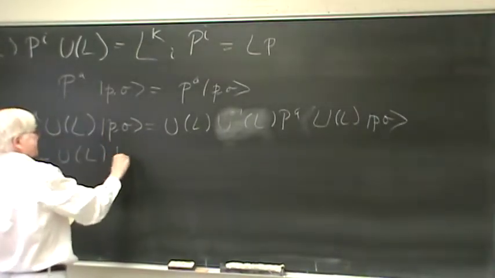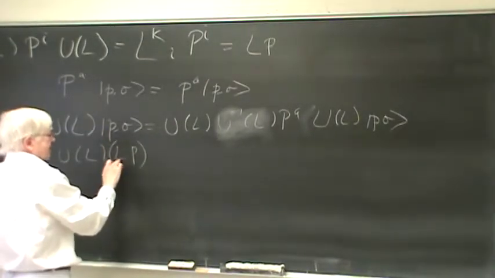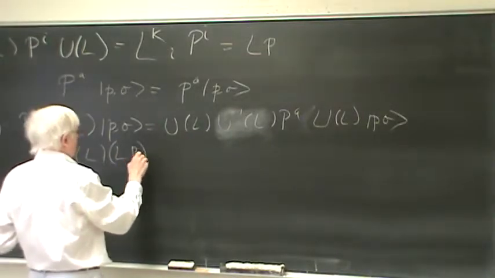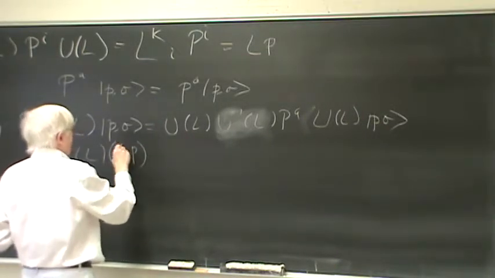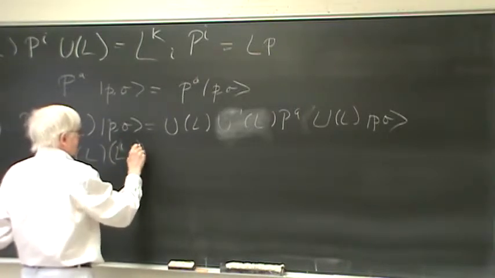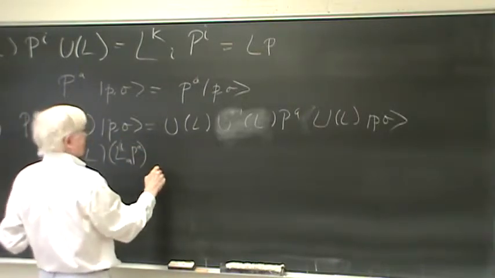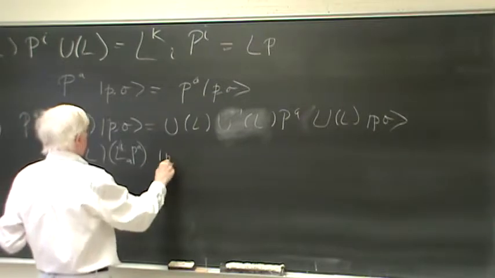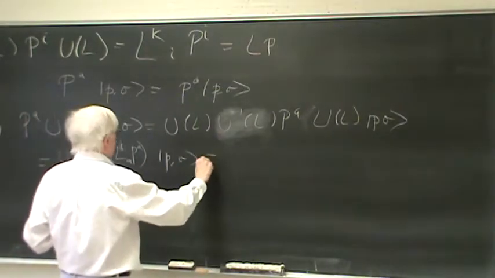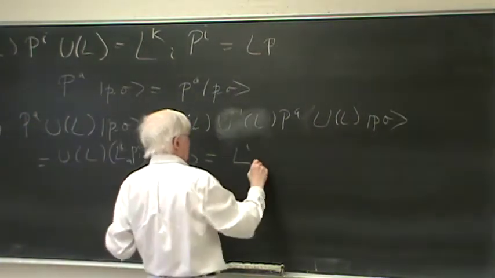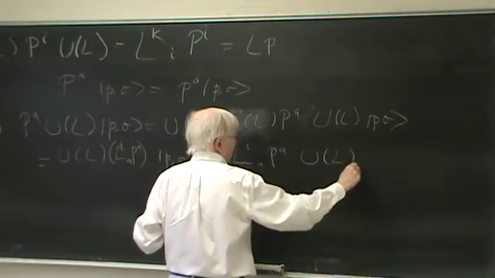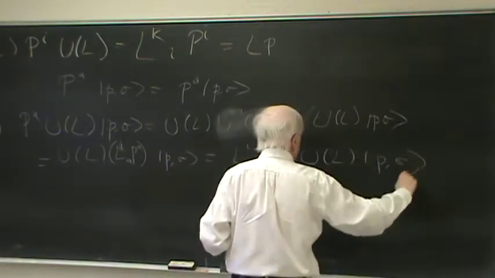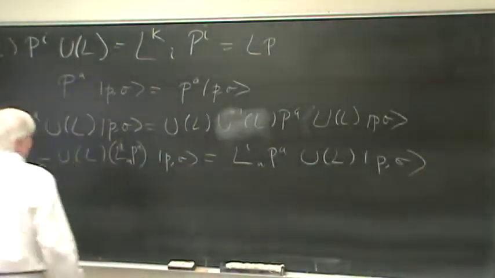So this is LP, or LA, let's see, if it's IA, PA, P sigma, and this is LIA, PA, U of L, P sigma. So what this simple